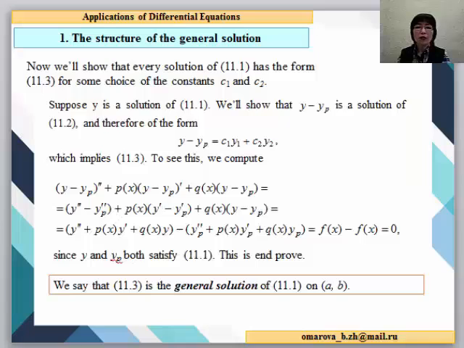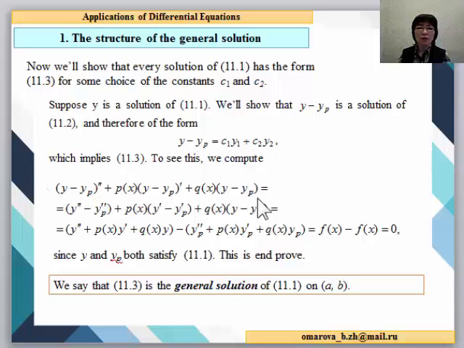Now we will show that every solution of the equation 11.1 has the form 11.3 for some choice of the constants c sub 1 and c sub 2. Suppose y is a solution of the equation 11.1. We will show that the following difference is a solution of the equation 11.2, and therefore we obtain the following form, which implies 11.3. Then we substitute this difference into the left side of the equation 11.1 and we obtain